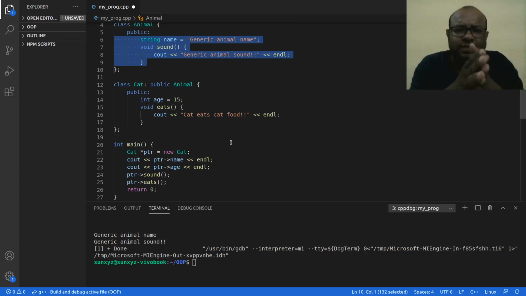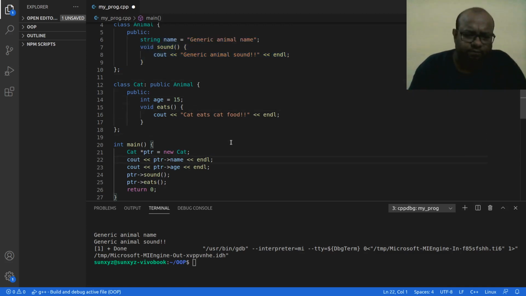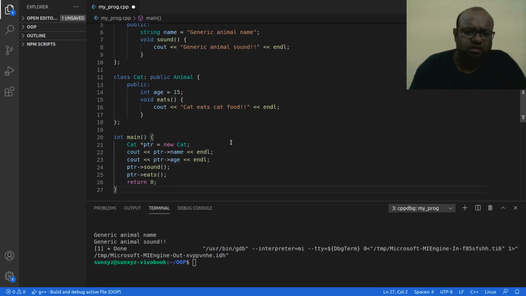That is, cat has two members that are explicitly defined: age, and the eats method in line number 14 and 15. But this name attribute and this sound method are also members of the cat class. They are implicitly inherited from the animal class. This is what inheritance gives us. We already talked about this.